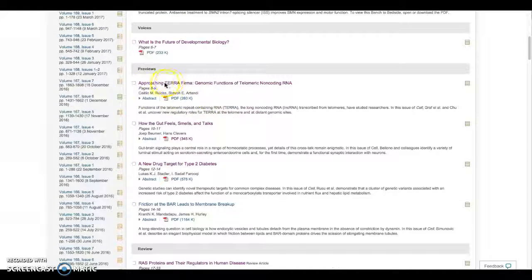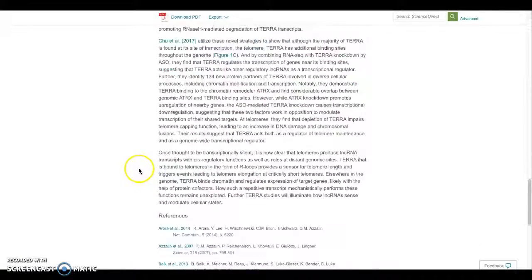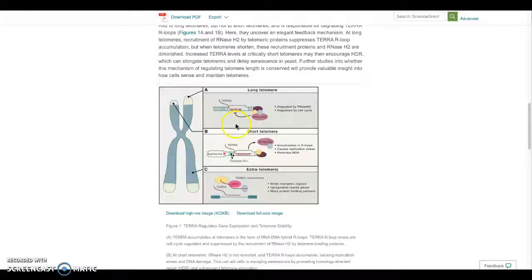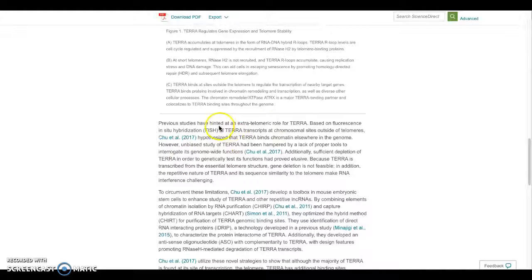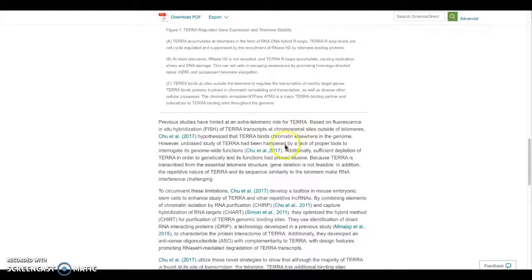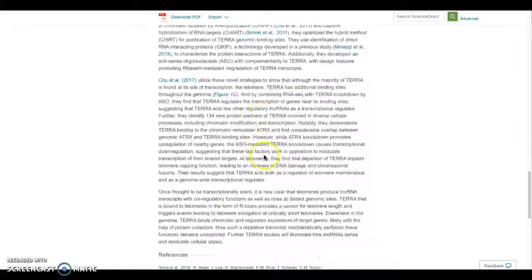The next section is the previews, which contain a few brief articles that summarize some ongoing cutting-edge research. We have a page or two explaining the research topic, as well as this cartoon, which aids with visualization and context. And if we actually take a closer look at the text, we can see there's a lot of unexplained lexis in here, which indicates that this was written for a specific audience, and the author assumes you have the appropriate knowledge and experience to understand it.